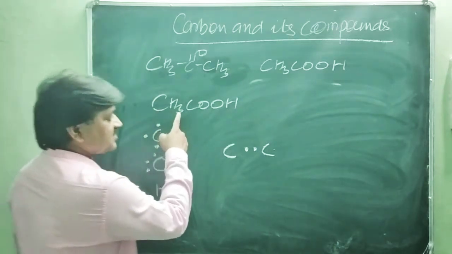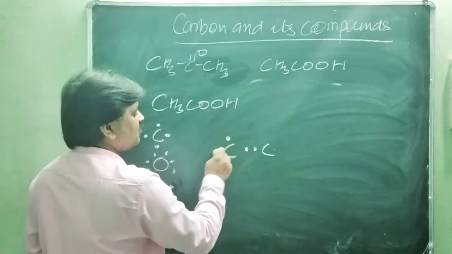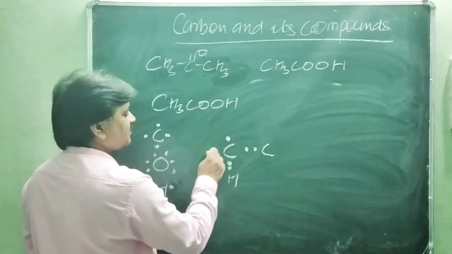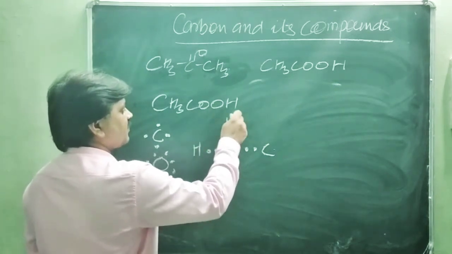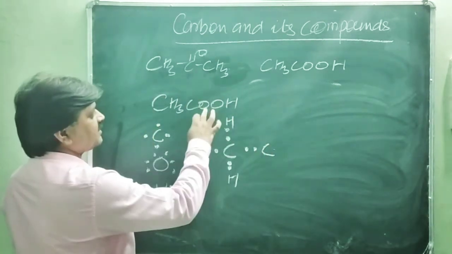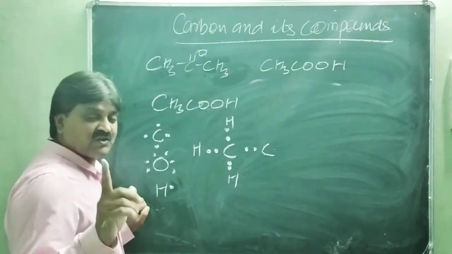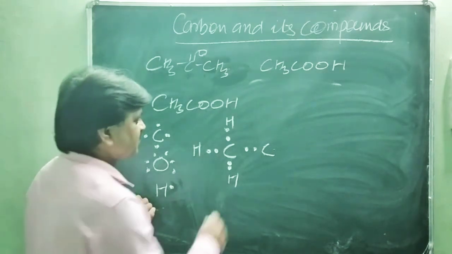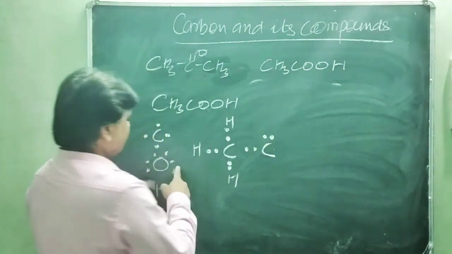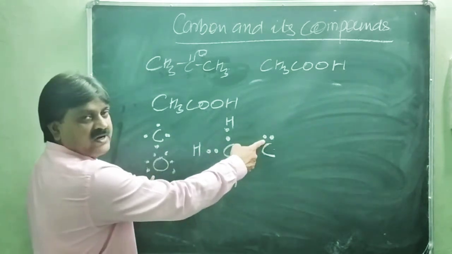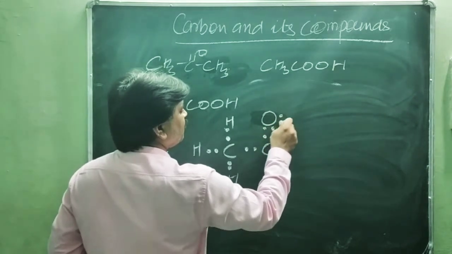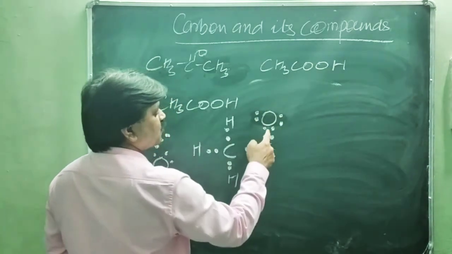Now this carbon has CH3, which means 3 hydrogens are bonded, 1, 2 and 3. So this has 4 electrons already present here, and 1 electron is shared with each other. And here out of 4, 1 electron is shared with each other. Now 2 oxygens and 1 hydrogen. So how many electrons does 1 oxygen require? 2 electrons. So first balance 1 oxygen atom by sharing with the 2 electrons of this carbon. Oxygen has 6, so 2 electrons are shared with the 2 electrons of carbon in this way, 2, 4 and 6. 2 electrons are shared with each other.